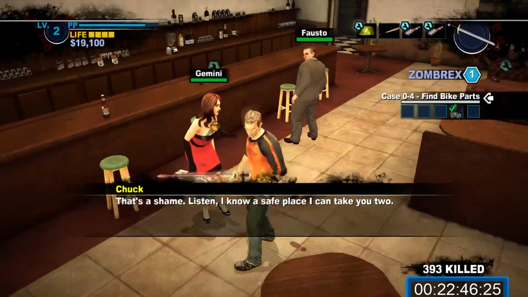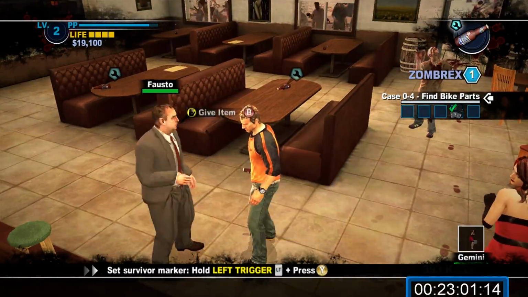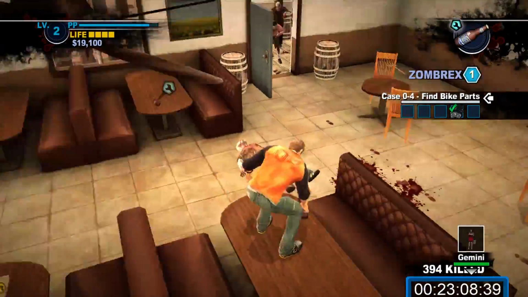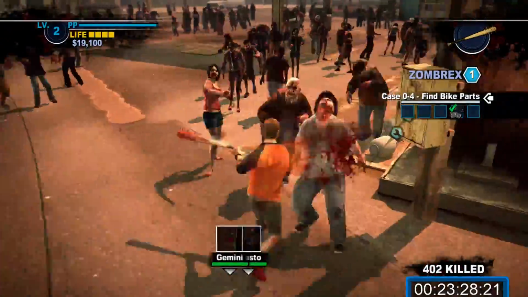Gemini will join almost immediately. Fausto will require 2 drinks, so grab some beers for him from the bar. Also make sure to take a beer for yourself. We'll need it shortly. Once they've both joined you, take these survivors back to the safe house by cutting through